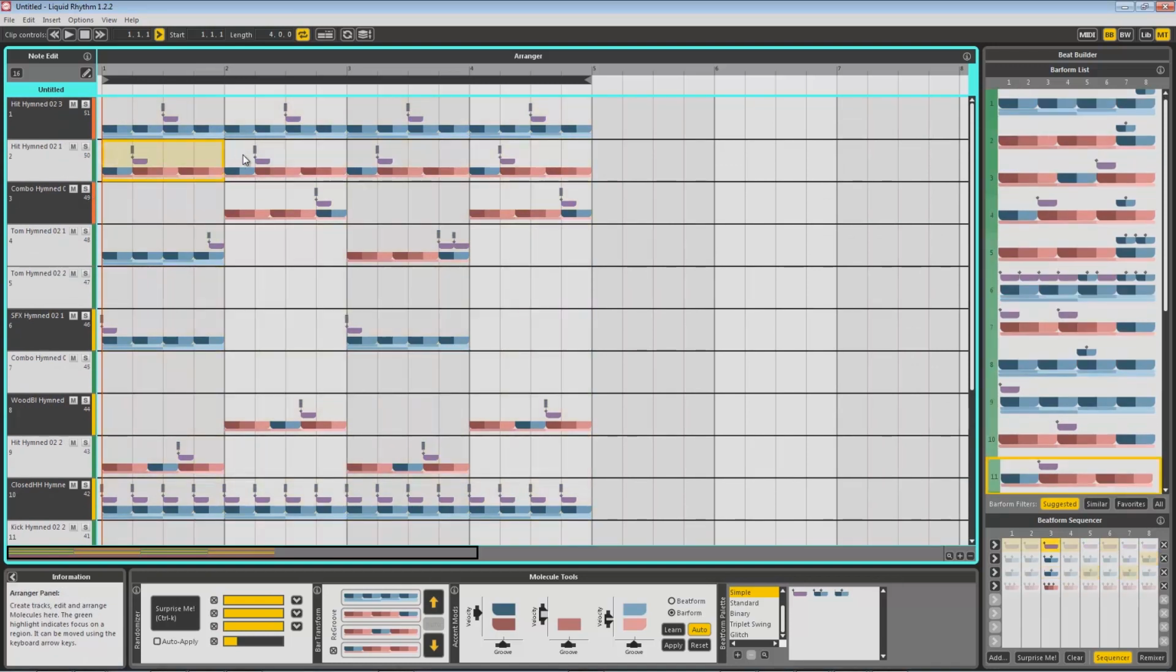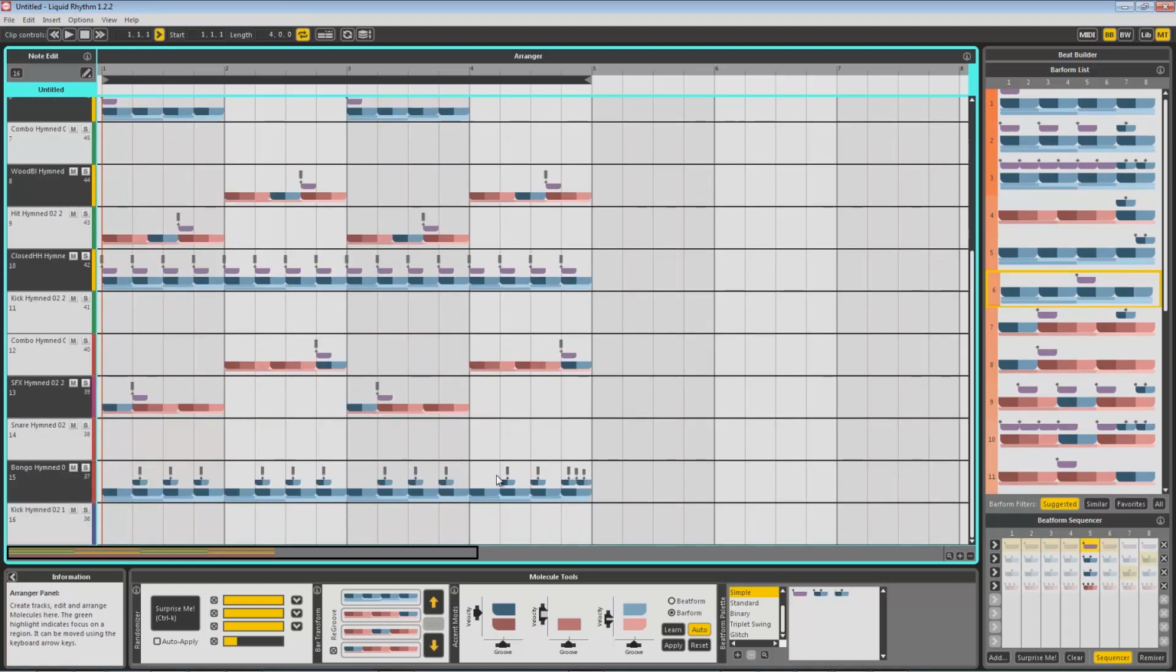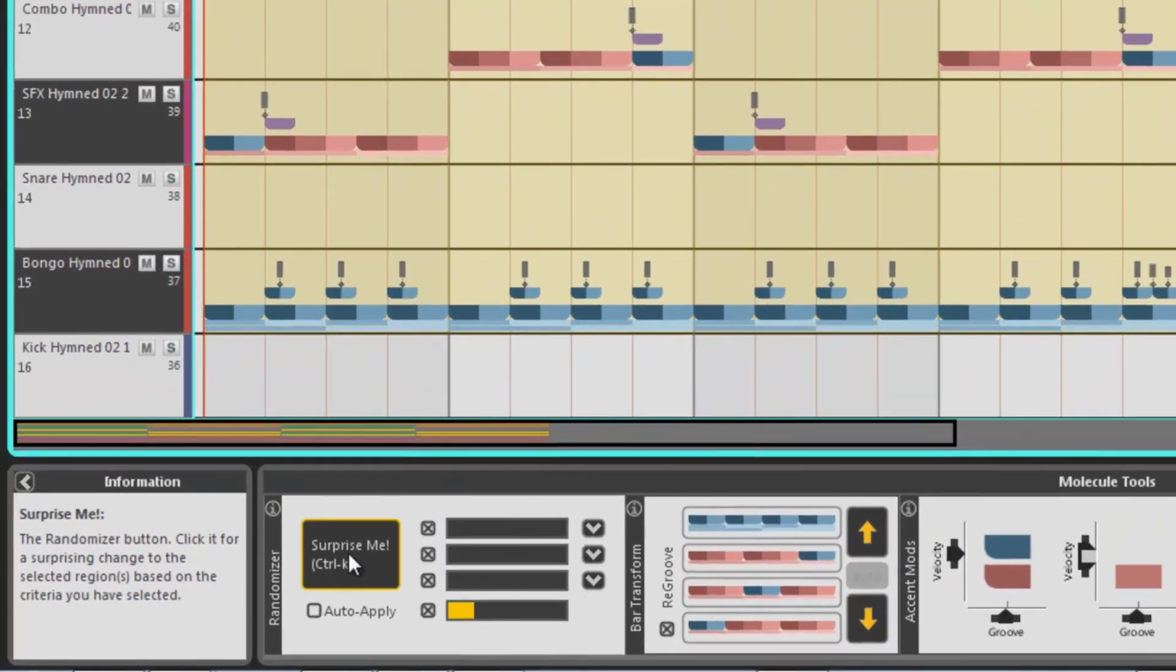For instance, I can select everything and drop all these all the way down. And now if I click this surprise me button, it's basically gonna randomize the volumes of all of these notes. And it's gonna do that by 22%, so I'm gonna set this to 25%, press surprise me, and it's going to change the actual